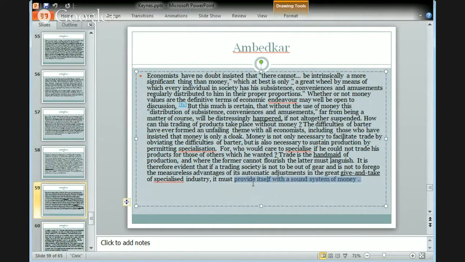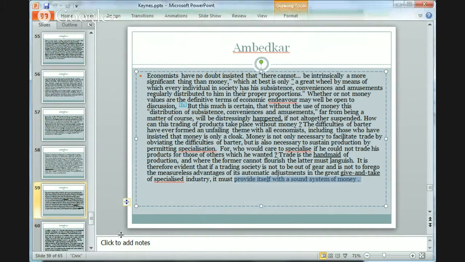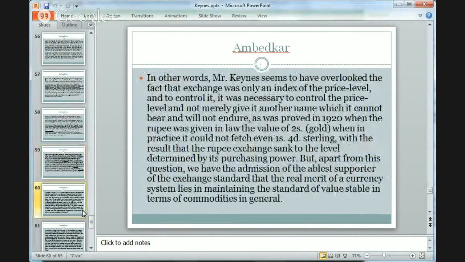So instead of Keynes going into how the government should manage its paper reserves, how it should manage its gold reserve, how it should try to set its parity rates with the bank rates, he is actually asking the government not to interfere with setting the monetary standards at all. So he warns government against that, and he is very suspicious of government, and he's saying that Keynes has overlooked the price index and the attempt to control the